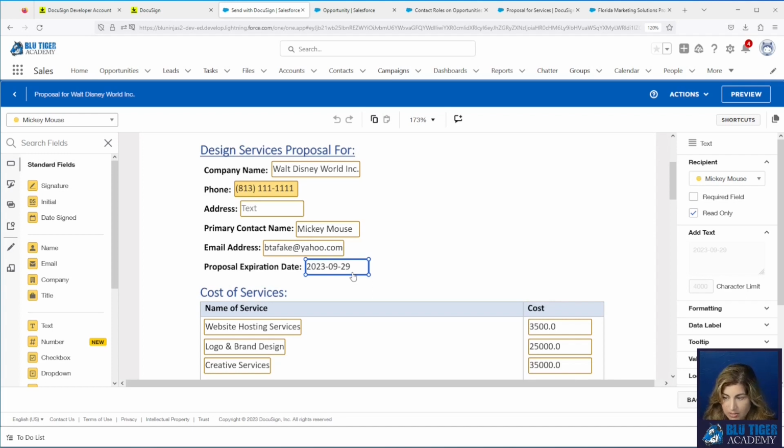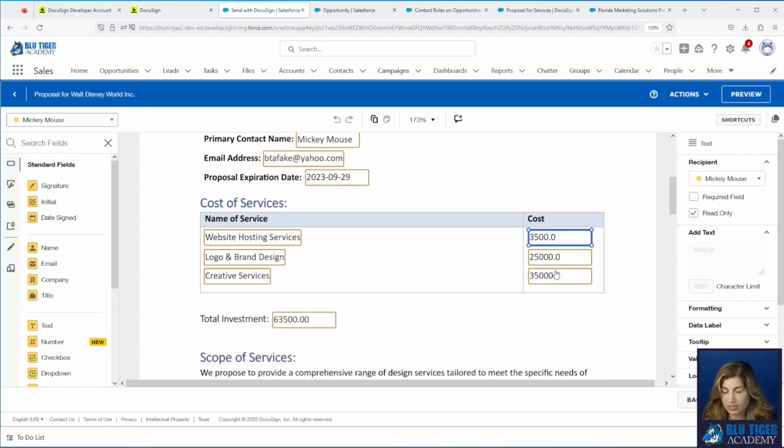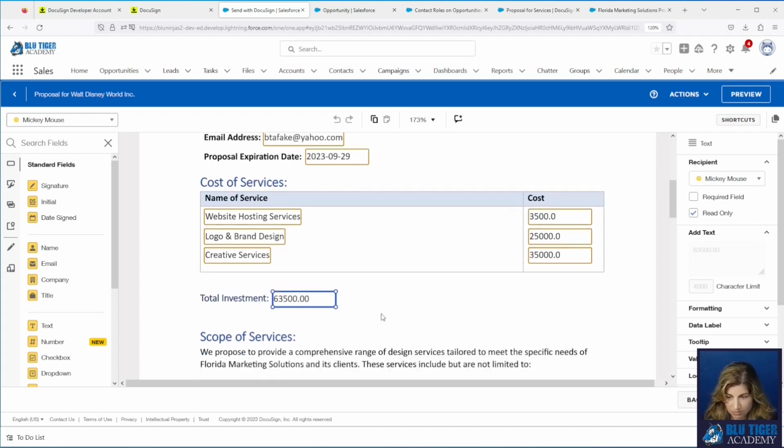So I will show you how to do that as well. Next issue is any currency field is stored just like this in Salesforce in its raw form. We will create another formula field that we can use to show any currency field with commas and dollar signs and 2 decimal places. So we will need to do that for our total price as well as the amount field.